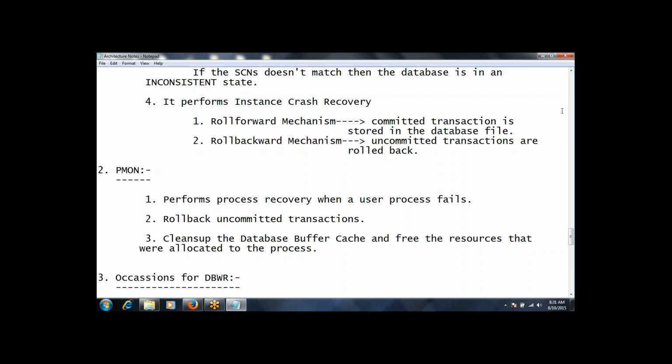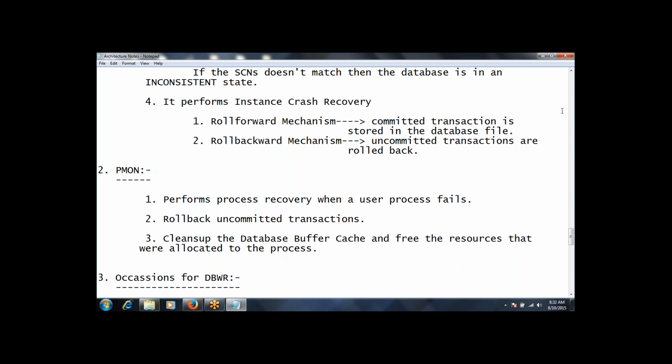Very simple, only 3 points. When a user process fails, it does the process recovery. Next, it will roll back the uncommitted transactions. Next, it will clean the buffer cache and free the resources that were allocated to the process.